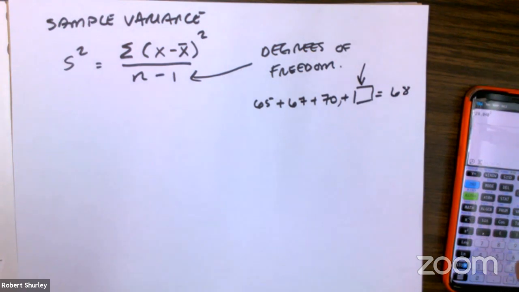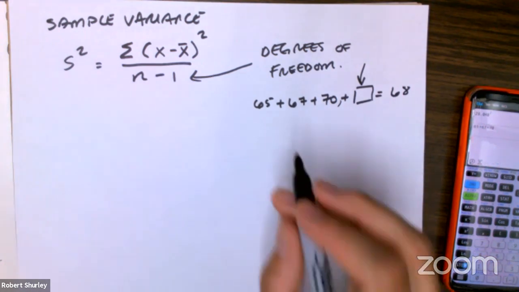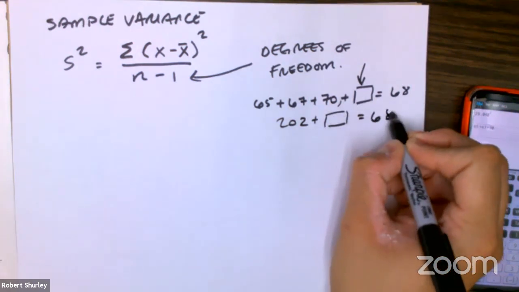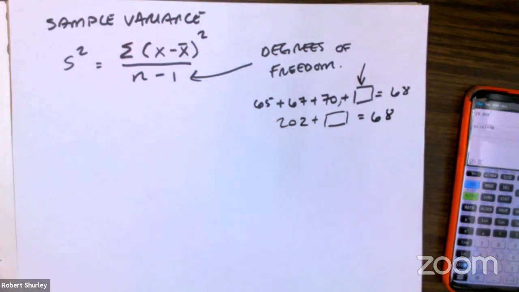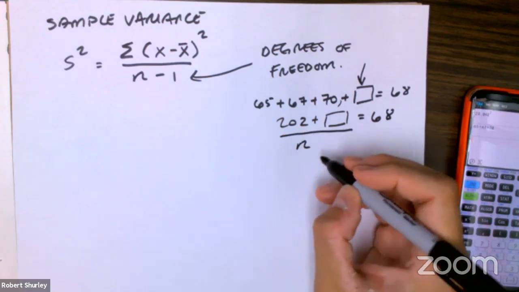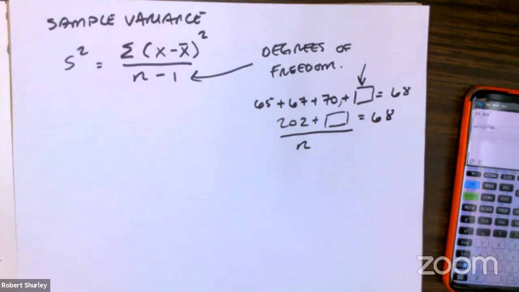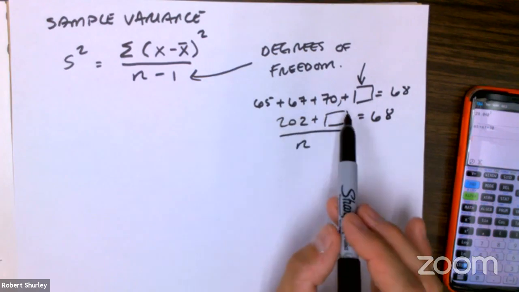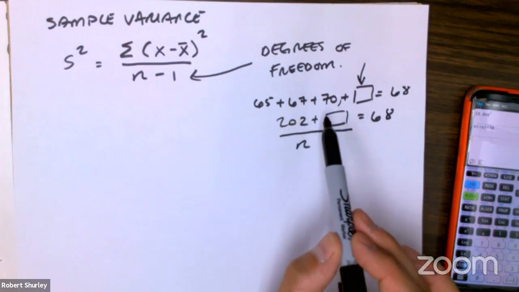So 65 plus 67 plus 70 is going to be 202. So we get 202 plus some number, divided by n, is going to give us an average of 68. And we don't know the n value, right? The n value is going to be determined by how many people we have. So whatever that last number is, that has to be